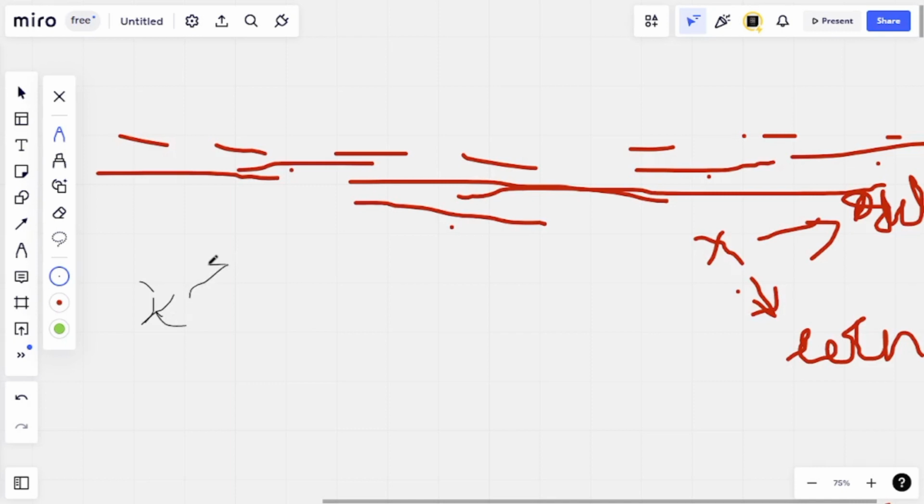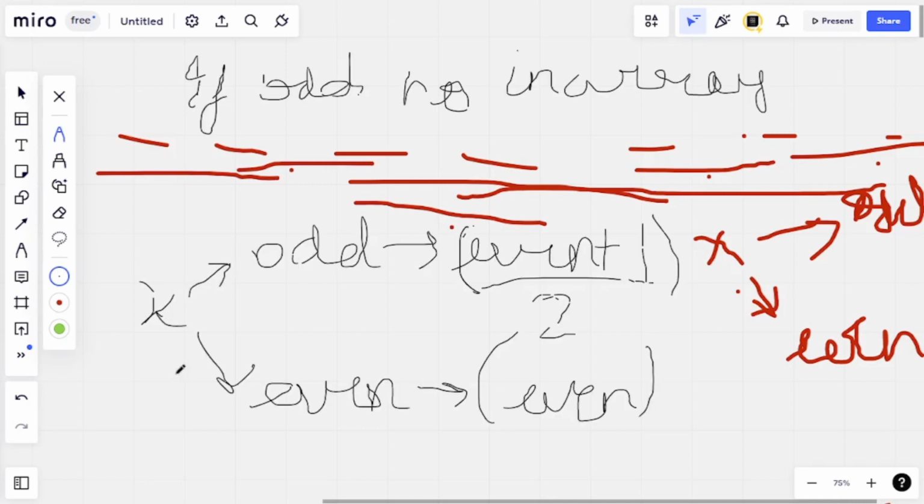So if X was odd, then we require, let me write it more clearly, okay, so this is the general case. If X is odd and an odd number is in the array, then we would require (even + 1) / 2 operations. This would be the same as the previous case where all the elements of the array were even,